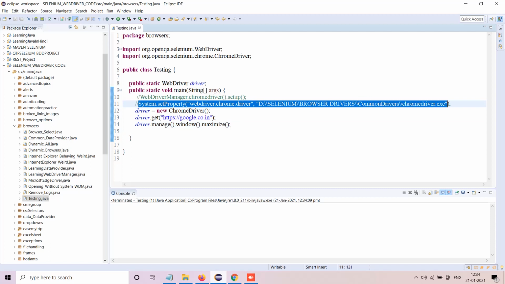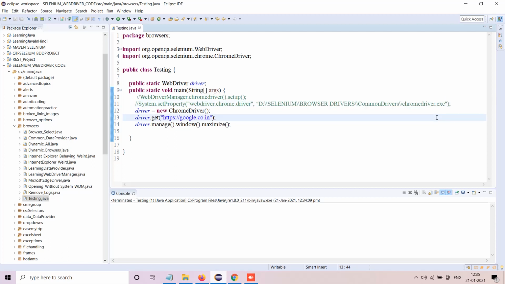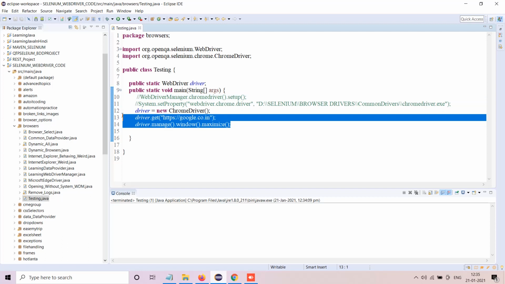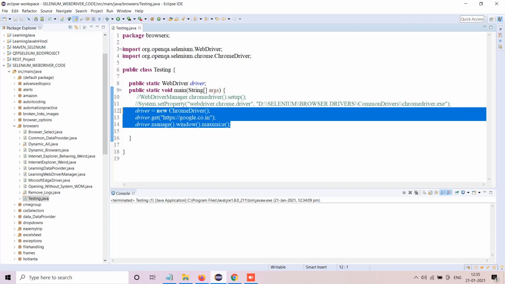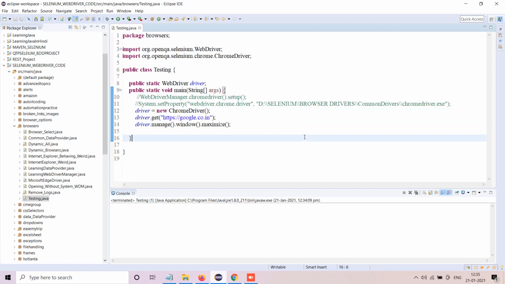If you use the hard-coded path, there might be a problem. This is the one which has the maximum problem, because if you're pushing this code with this particular path, there is no hard and fast rule that all the 10 people working in your project will have the same path. And what if someone goes on site and changes the path over there, he gets a different machine which does not have a D drive at all, so technically everything will start changing again. Okay, so either you use this WebDriverManager chromedriver().setup(), or you configure your environment variables, give that particular path wherein everything is there. And that's probably the only solution which I have.